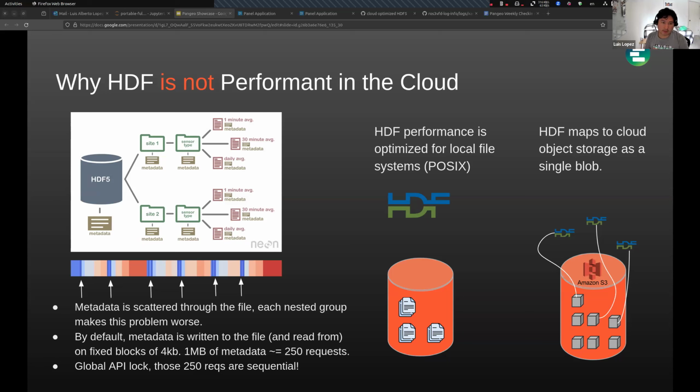Despite that, I think it's a data format that offers a lot of powerful features. But in the cloud, we have some problems. I think the first problem is that we are still carrying the mentality that HDF should be like our hard drive. And I mean we, the data producers. Because the format is very permissive with what you do and how you do it, we make these very nested trees with different information. We try to replicate it in a way